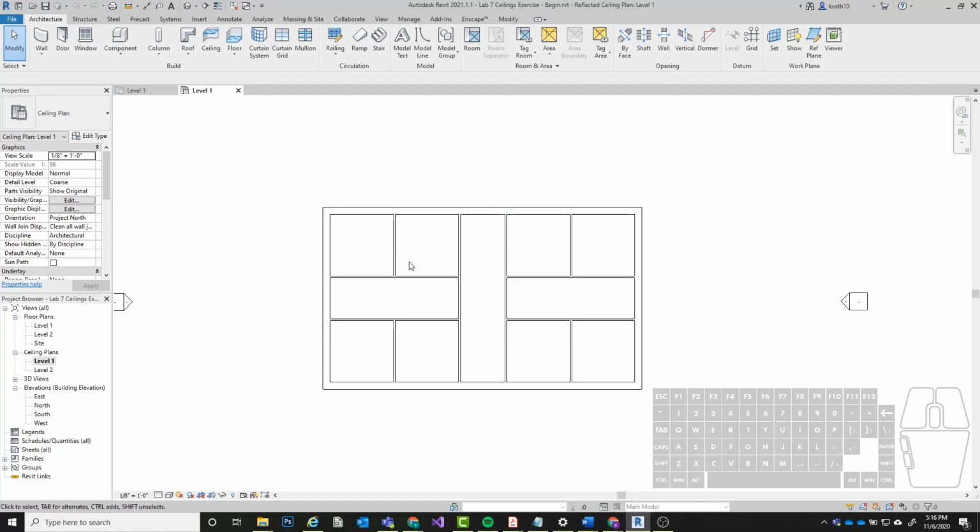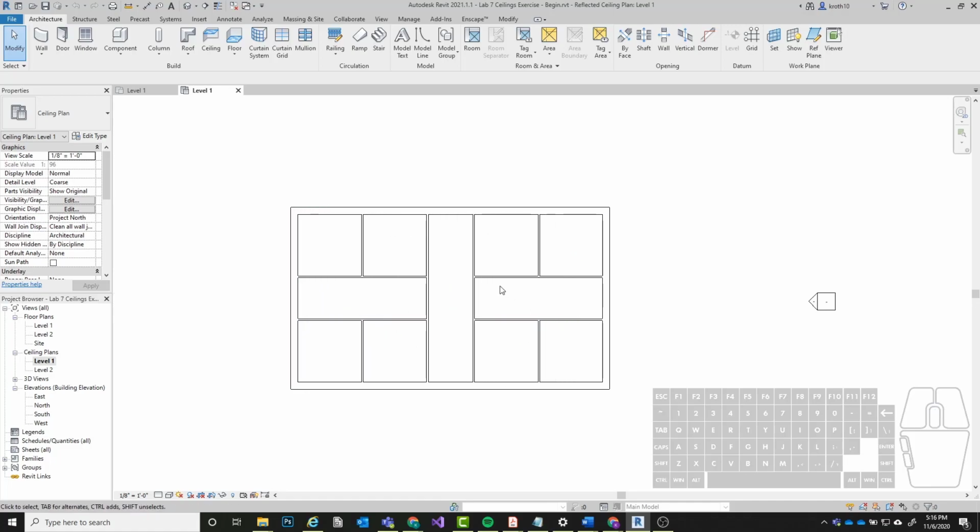And we can go ahead and start adding some ceilings into this floor plan. Basically my goal here is to add acoustic ceiling tile ceilings to all of these rooms on the perimeter of the building. And then in these corridors, we're going to add gypsum wallboard ceilings. Within the rooms where we're adding the acoustic ceiling tile ceilings, we will be putting in troffer lights into the ceiling grids,